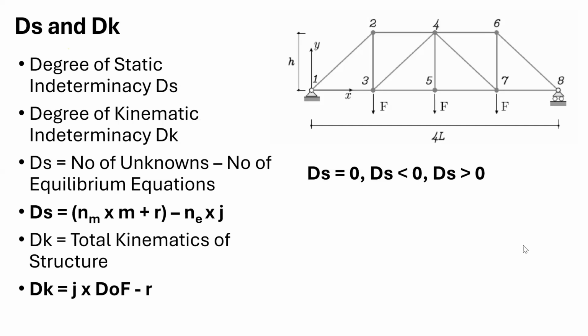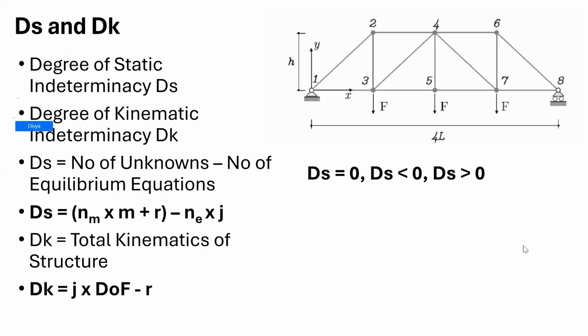displacement is there, that is at node 8. If you see node number 8, there is a roller support, which is allowed to move in the x direction, but it is not allowed to move in the y direction. But if you see node number 1, it is not allowed to move in the x as well as in the y direction. But one more displacement is there, that is at 8. So 12 plus 1 is equal to 13. So Dk is 13 for this type of truss.